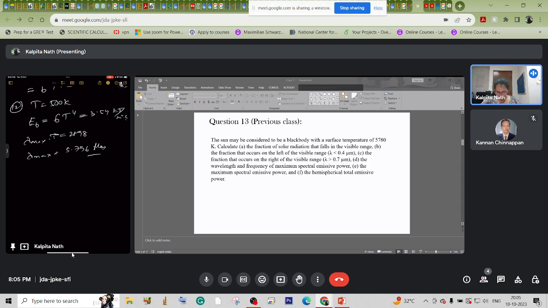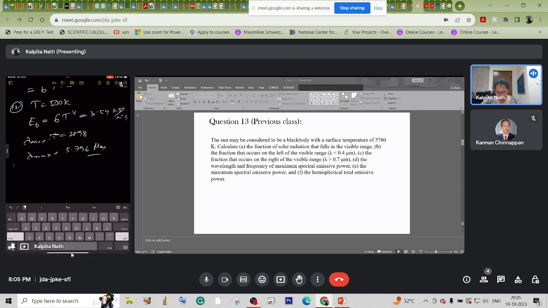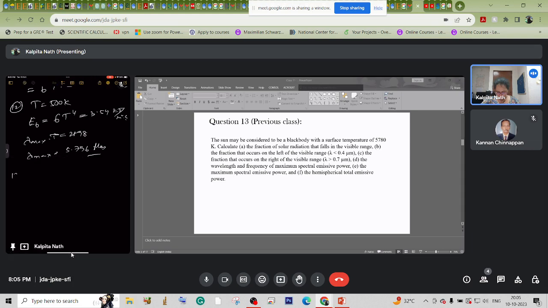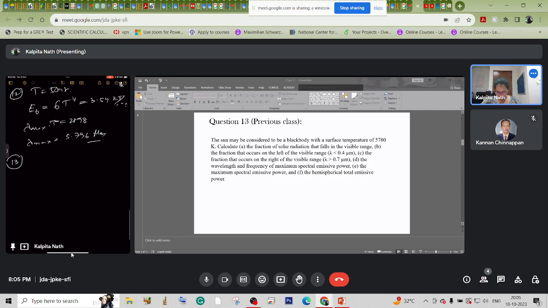Okay, I think we should proceed with the solution. We have waited way too much time for this. First of all, the Sun is considered as a black body here, hence its emissive power can be easily found out by Planck's equation. The first part is the fraction of solar radiation that corresponds to the range of wavelength in the visible range, that is lambda 1 to lambda 2. That may be given by